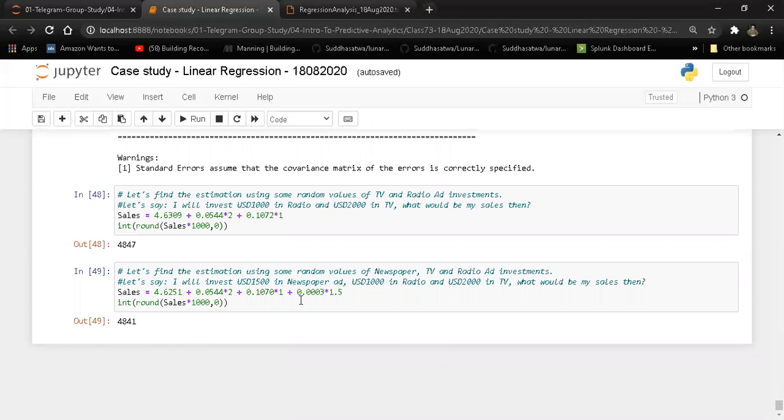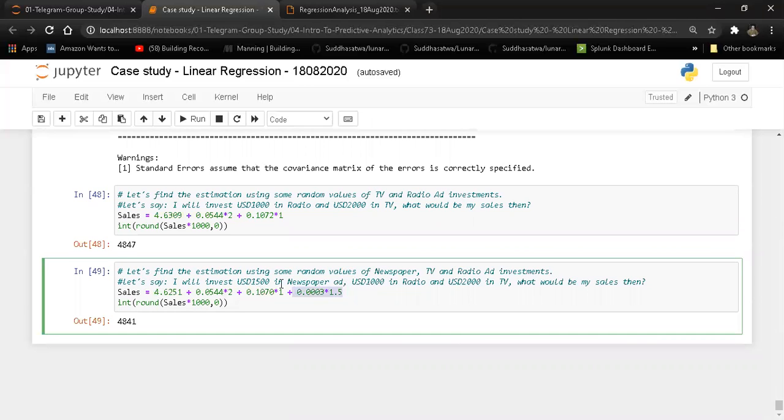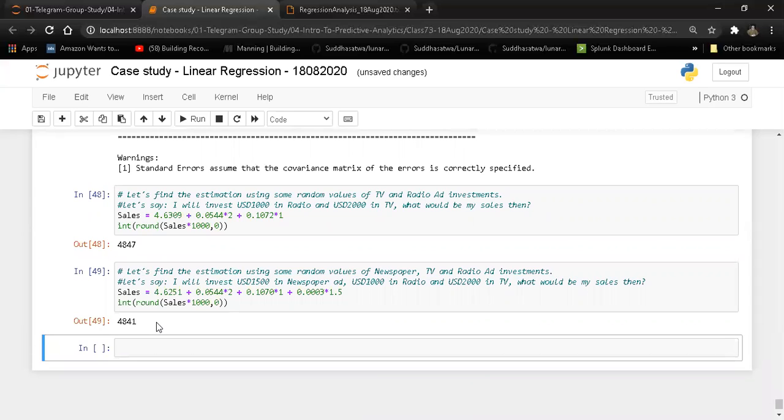We also looked into the fact that the moment we add the newspaper-related aspects, the number of items that we estimated for sale is actually going down, right? That's actually something which we don't want. So in a very mediocre sense, what I can write over here is maybe something like this: basis the above two models,